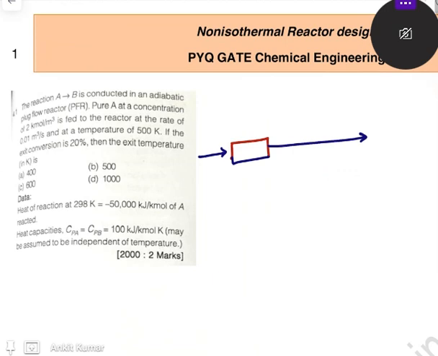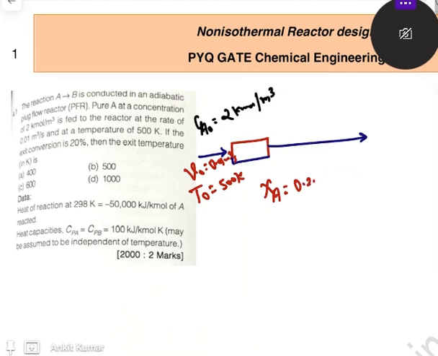Here you can see the inlet concentration which is given to you, Ca naught is equal to 2 kilomole per meter cube. The unit is very, very important here, so you should keep these things in mind. And again, the volumetric flow rate is 0.01 meter cube per second. Inlet temperature T naught I am assuming is 500 Kelvin. And if conversion XA is given to you, that is 0.20,